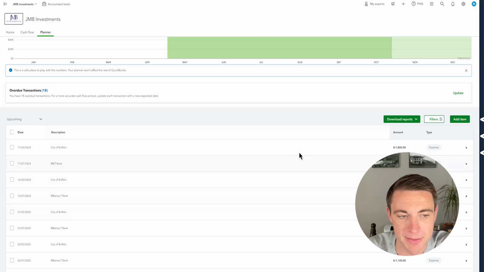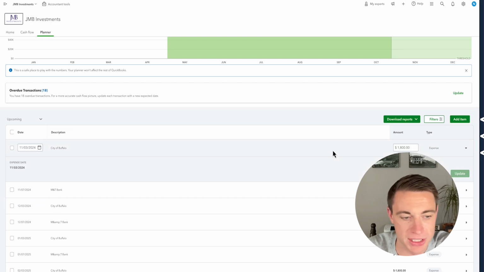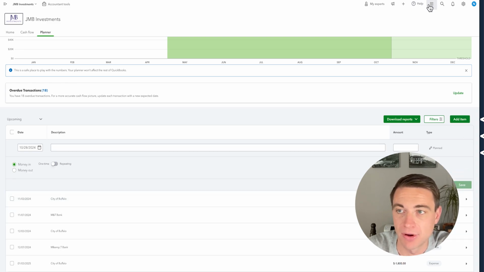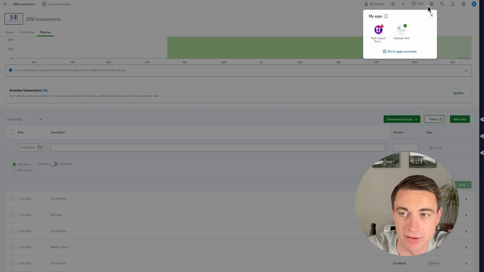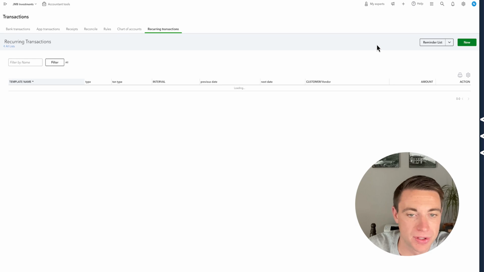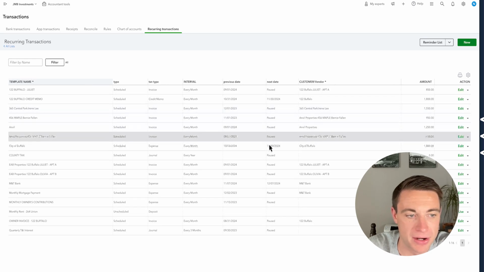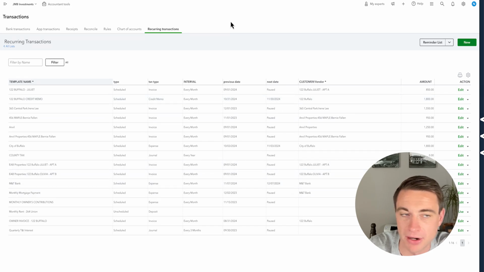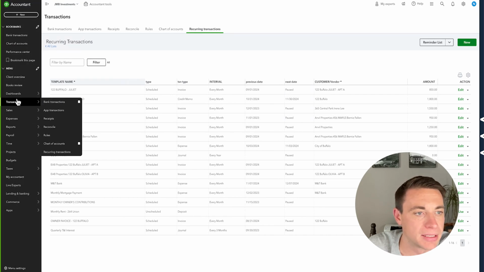These are expense types that are probably coming from recurring transactions, okay? So we can now filter this report and add some information to it. One thing we should think about is recurring transactions, right? If we have recurring transactions, maybe recurring rent transactions, we can have those have an impact as well. The couple that are in there right now are the City of Buffalo and that M&T Bank one. Okay, so if we go back to our planner,